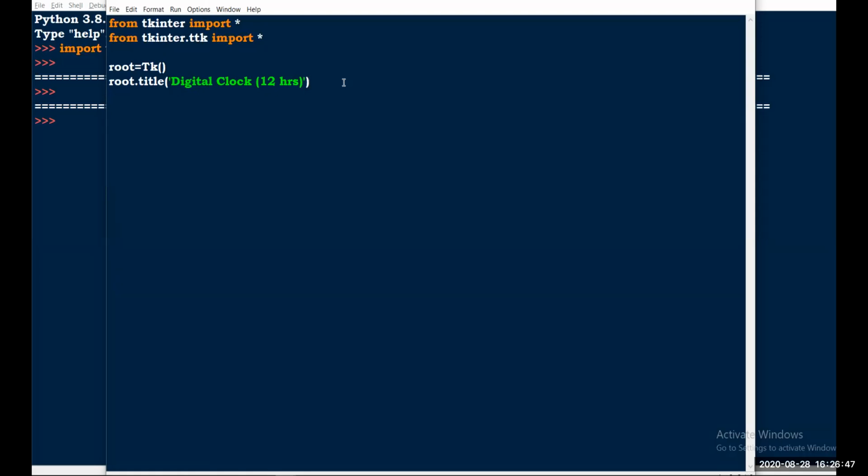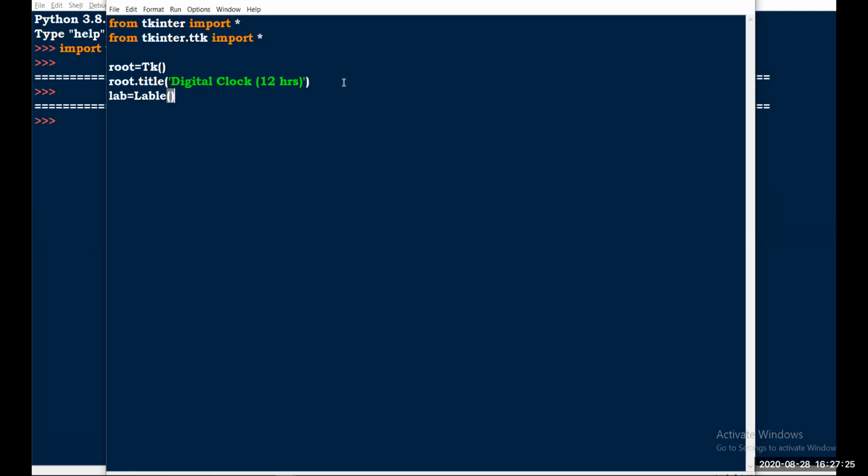Then I need some labels. Label means we are going to tag them. We are going to give fonts. We need a font, right? We need numbers. We need some AM or PM, right? So for that, you have to create a label. I'm going to create a variable for the label, and after that equal to capital L and the rest of them small: Label.